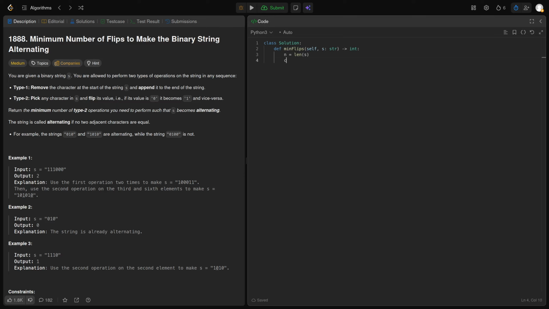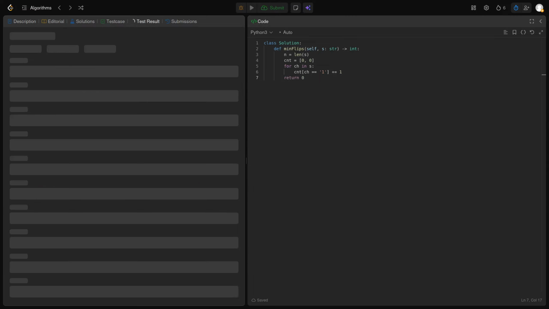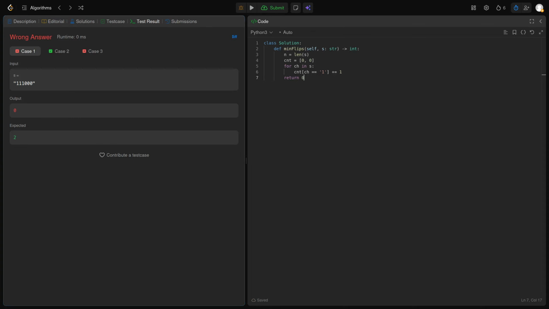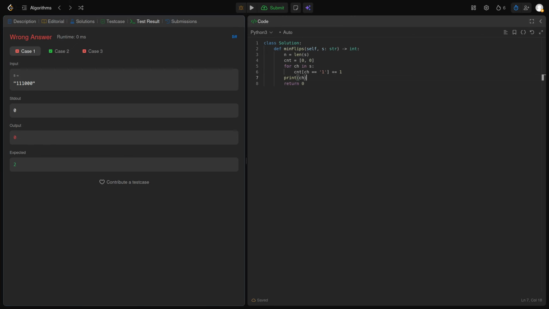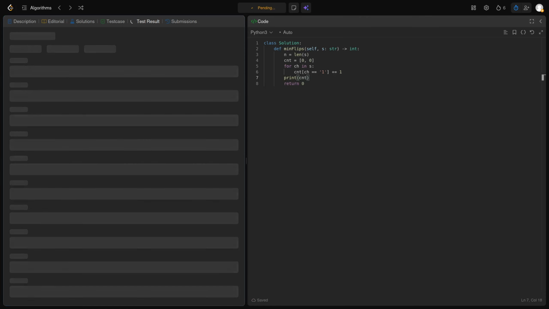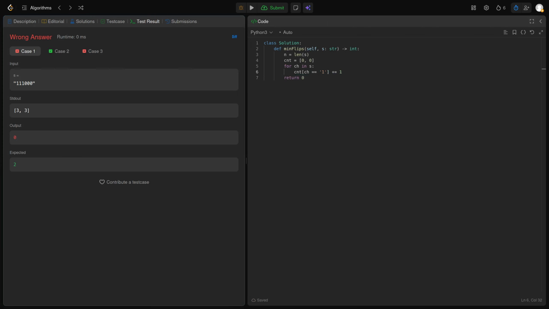So you could get count for char in S if, or like count of char is equal to 1 plus equals 1, whatever. Let's see if this will work. Okay, it works. Okay, we are getting the counts. That's great. So basically now